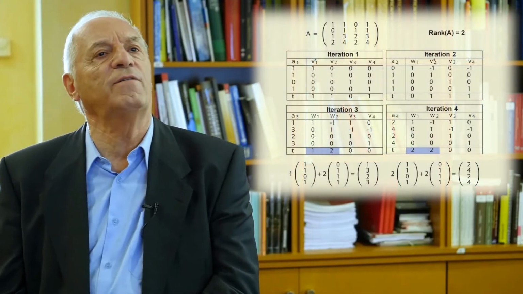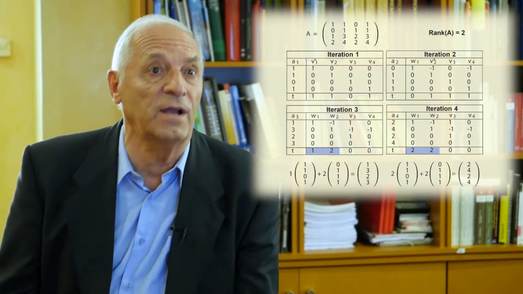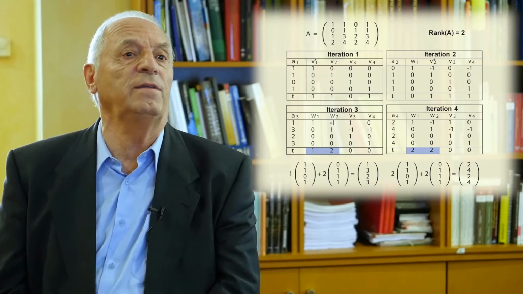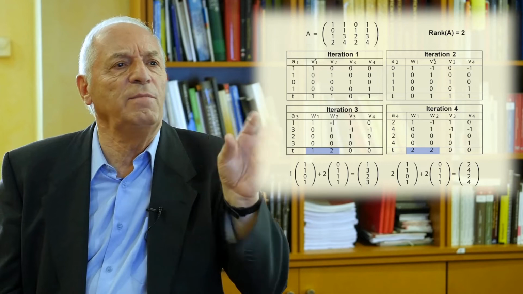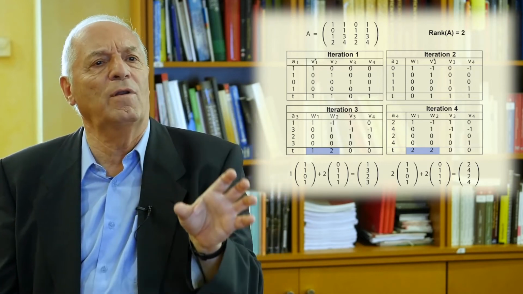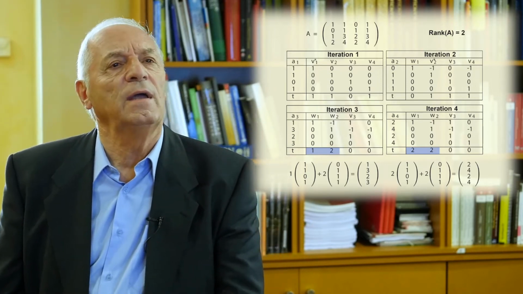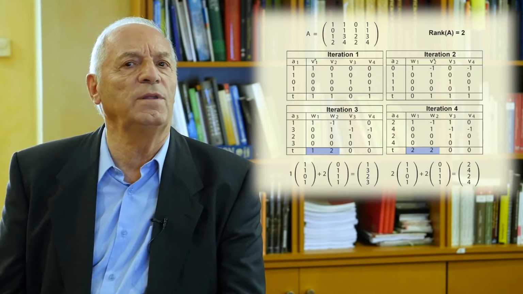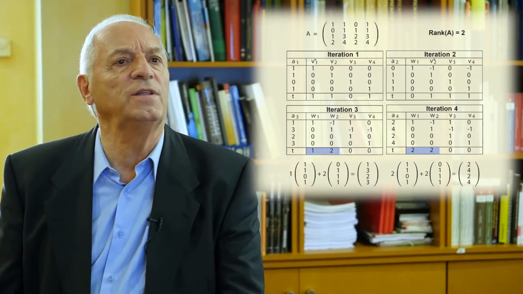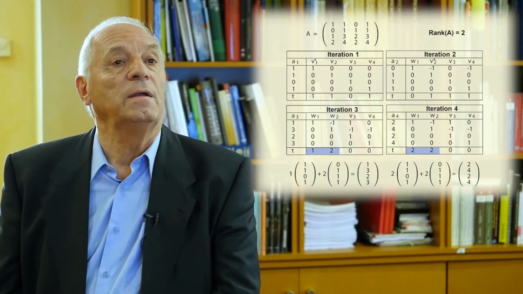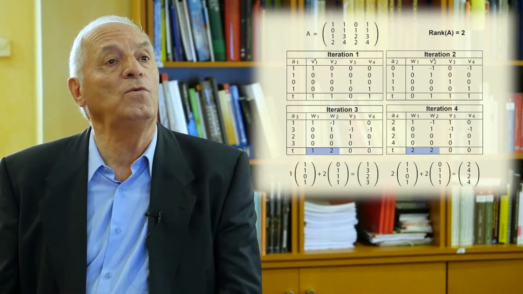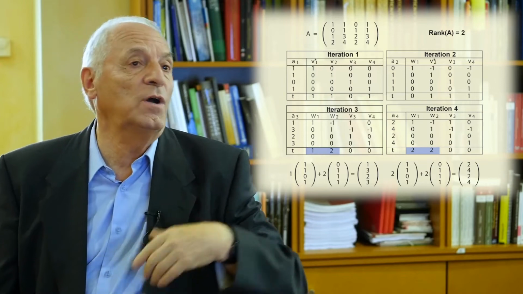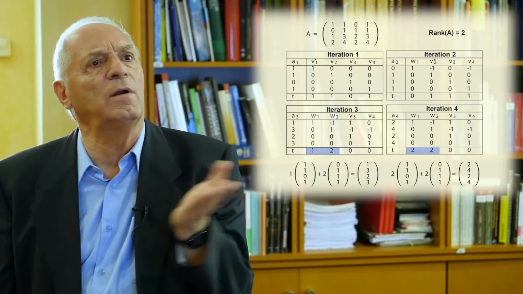Now let's move to the problem of determining the rank of a matrix. As you know, determining the rank of a matrix is complicated. It's very painful because you need to calculate determinants 2 by 2, 3 by 3, 4 by 4, and they are very complicated. And then I am going to show you how to determine the rank of this matrix using the algorithm. Consider the matrix 4 by 4 that is there. What we do is we introduce row by row. You can do it with columns, but in this case we will do it with rows.